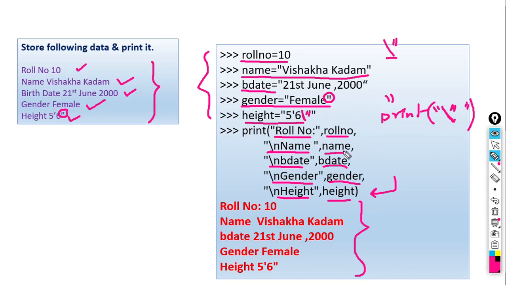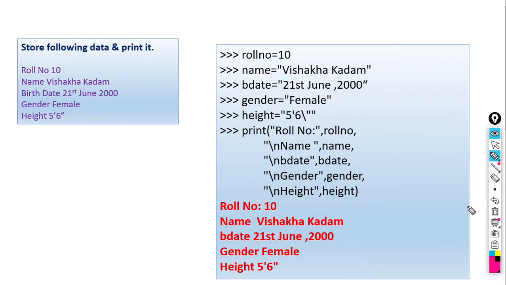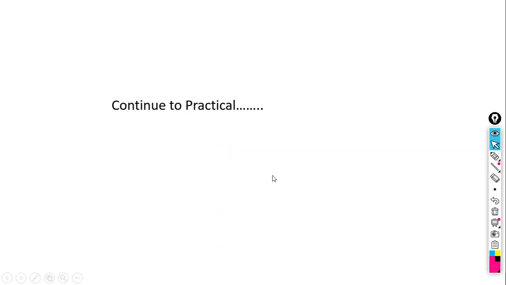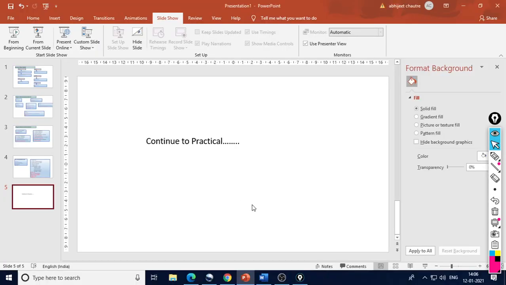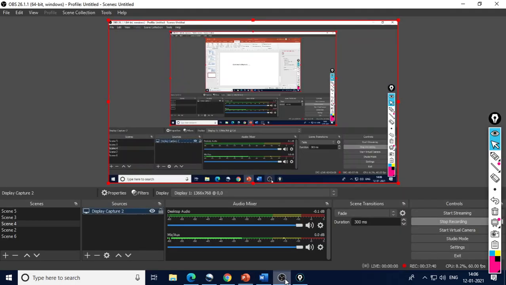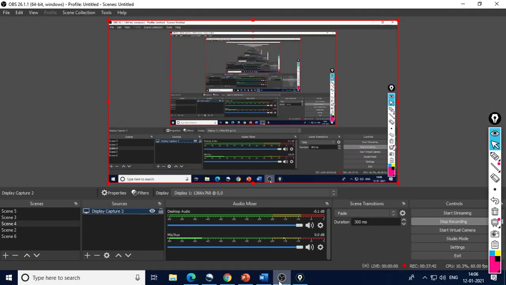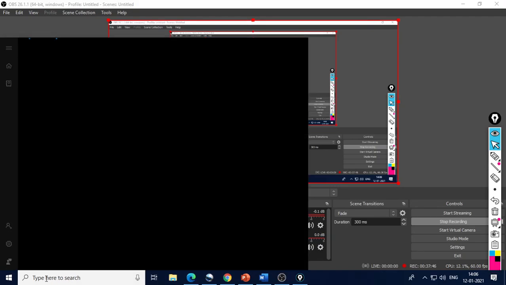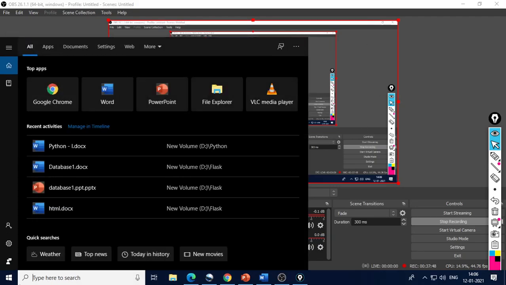So these are the examples. We will see practically how it works.